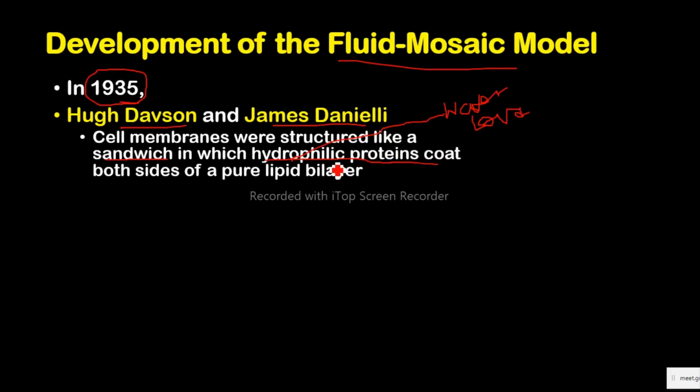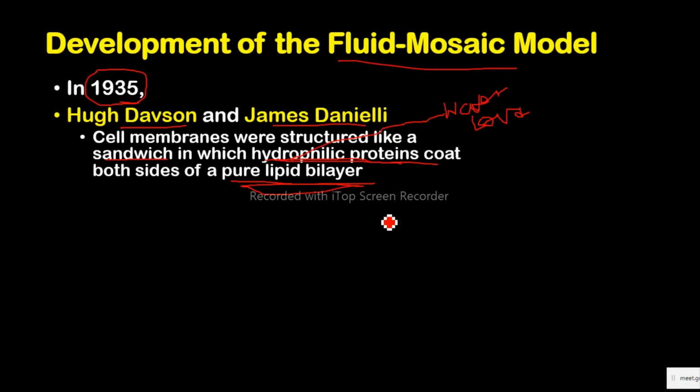So these guys suggested that these hydrophilic proteins coat both sides of a pure lipid bilayer. I will show you. So these guys were able to carry out some research, and they were able to say that it is a three-layered structure, of which you have two layers of proteins that sandwich the pure lipid